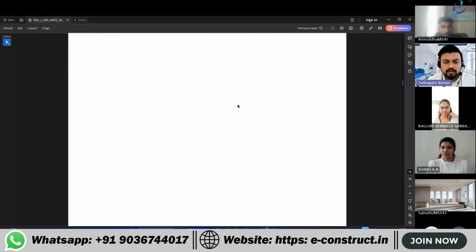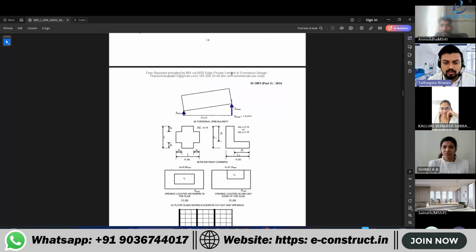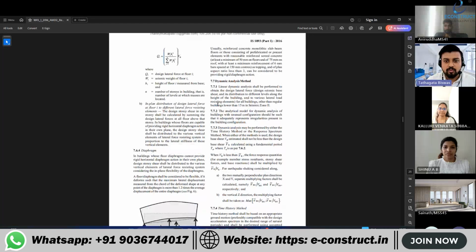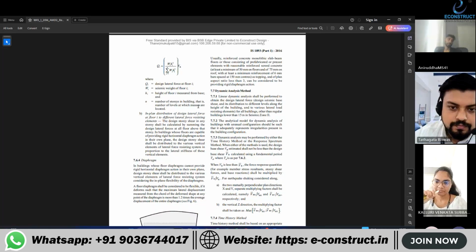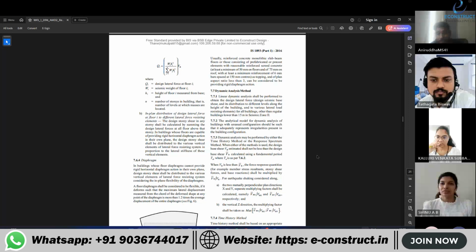So I believe everybody has opened IS 1893 Part 1, 2016 in their system or in front of them. Please start reading from 7.7 Dynamic Analysis Method. Linear dynamic analysis will be performed to obtain the design lateral force, that is, the design seismic base shear and its distribution to different levels along the height of the building and to various lateral load resisting elements, for all buildings other than regular buildings lower than 15 meters in seismic